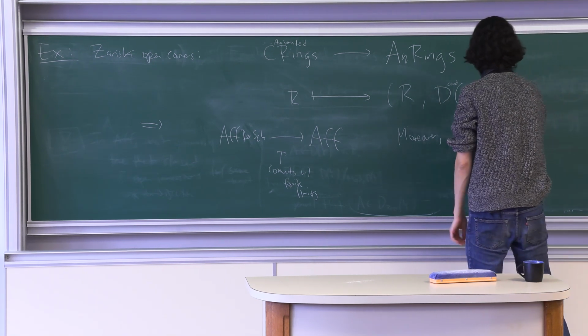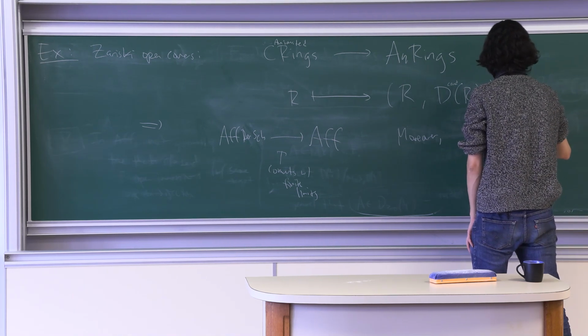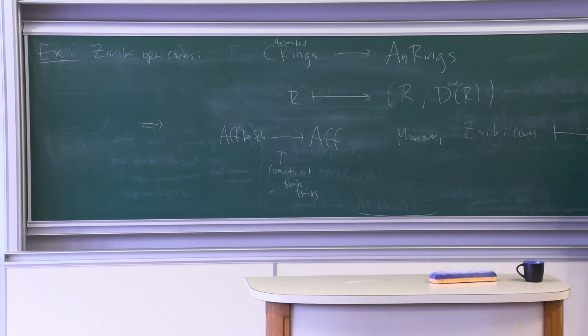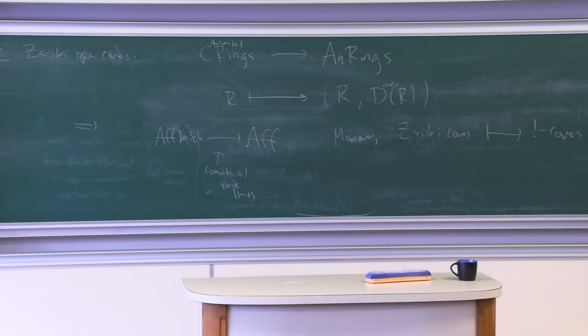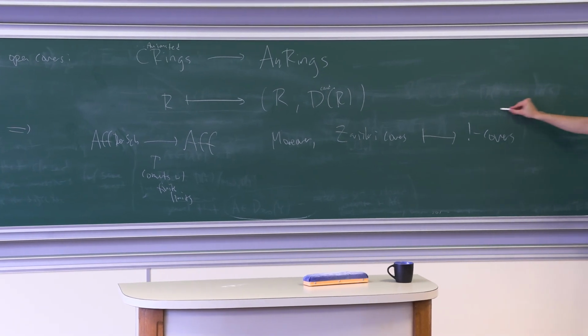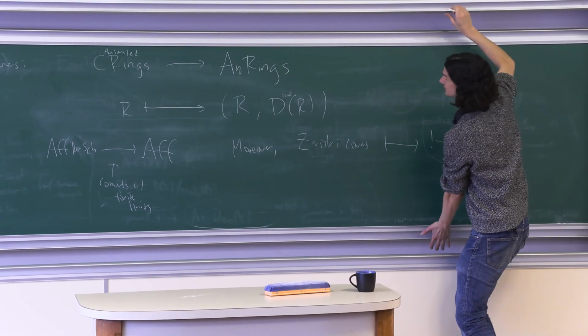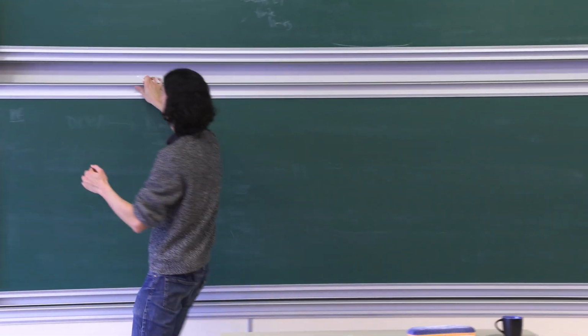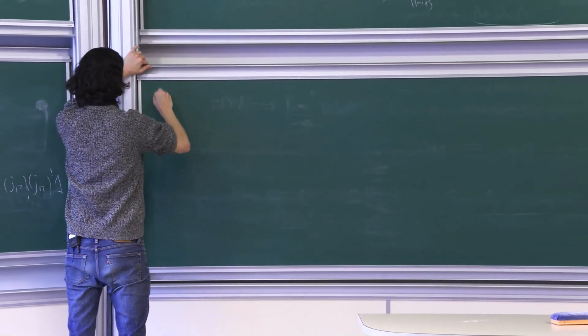So Zariski covers map to Schritt covers. But now it's occurring to me, I forgot to remind what this means. Sorry. So note,